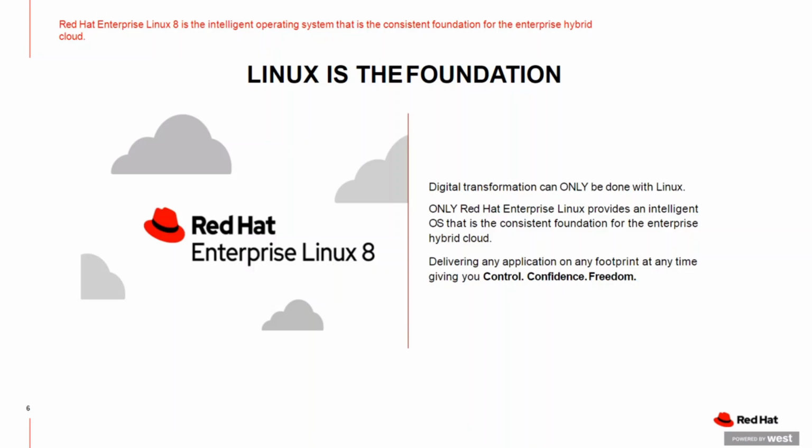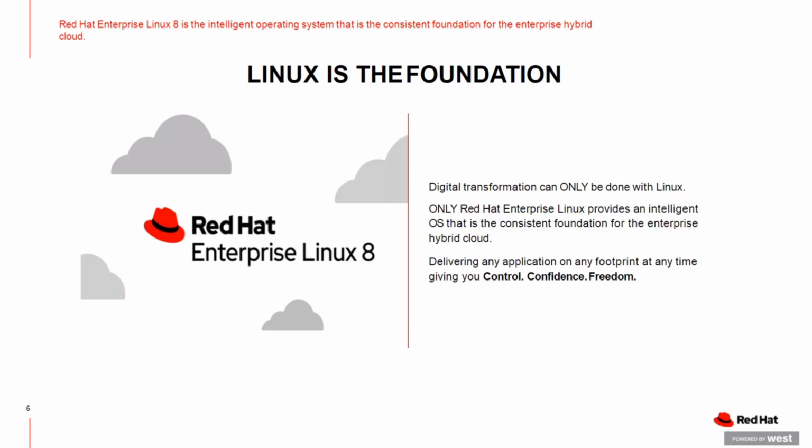But it is that thing that remains the same. So from a management perspective, from a deployment standpoint, in terms of doing things around performance and security, it's that common layer that goes across all those different types of environments. So at the end of the day, you can really deploy any type of application onto any one of those footprints that I've talked about, from bare metal, different types of hypervisors, private clouds, multiple public clouds. You can deploy any application that you want, and you are in control. You have full confidence in those workloads, and you really have the freedom of choice as to where you want